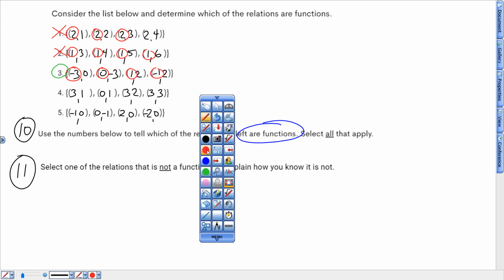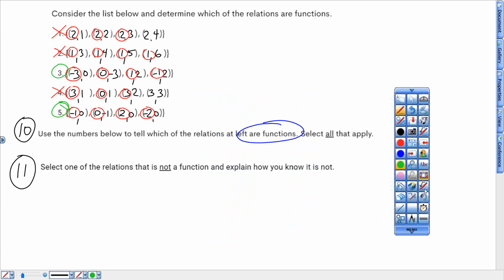Next one, 3, 0, another 3. Uh-oh, spitting out a 1. That's not a function. Can't have a 3 spit out a 1 and then the same 3 spit out a 2. Next one, -1, 0, 2. Those are not different numbers. That is a function. So it looks like only 2 in those lists